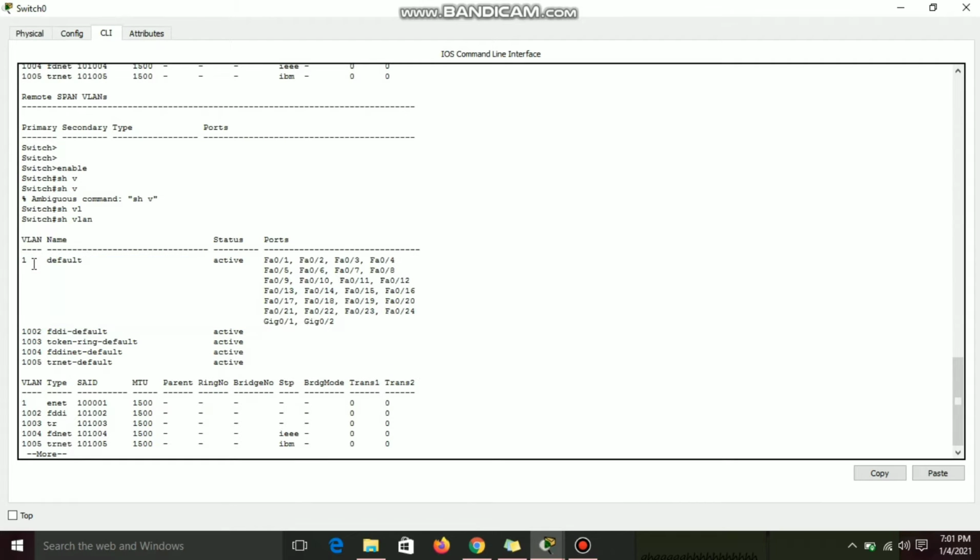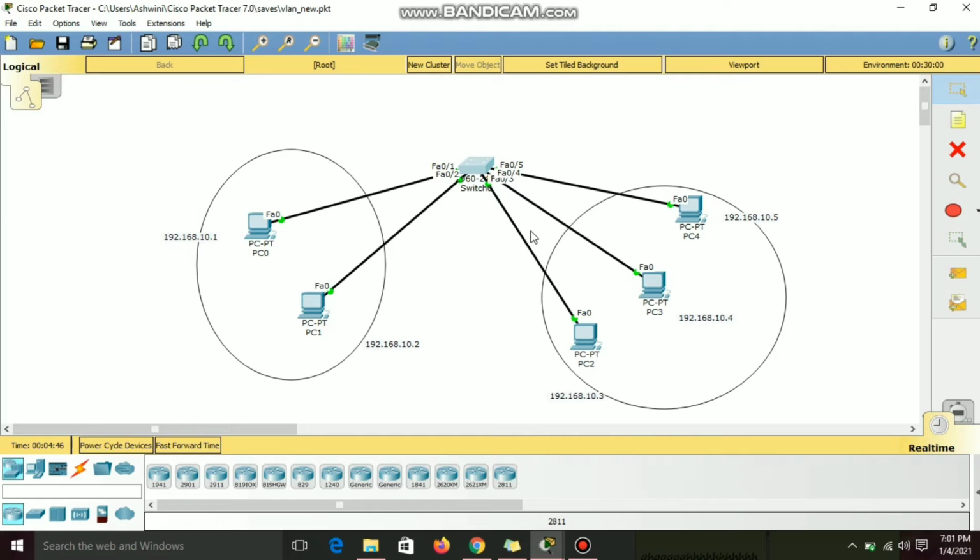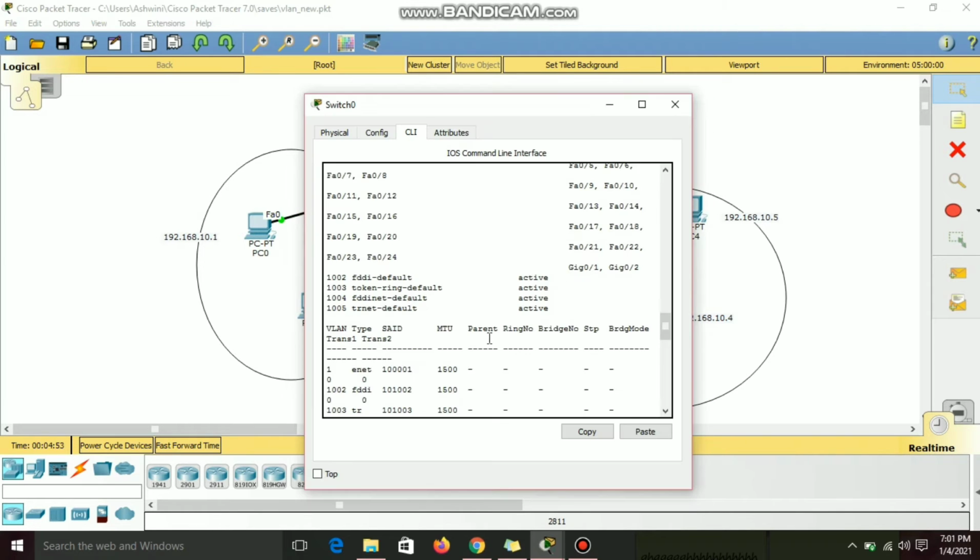VLAN 1 is considered the native VLAN that is assigned to all the ports of a switch by default. So if you want to create a VLAN, you can create one and assign the required ports. If you want to enable inter-VLAN communication, we need an L3 device for that. So let us see how we can enable VLAN.